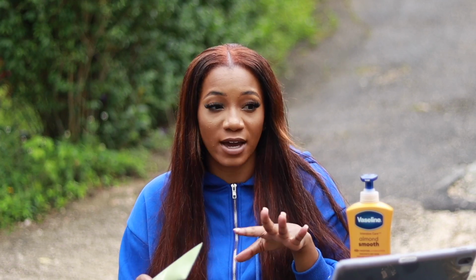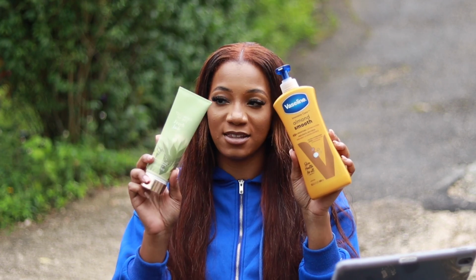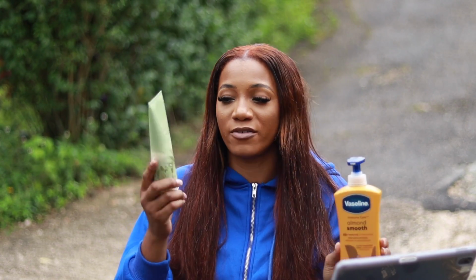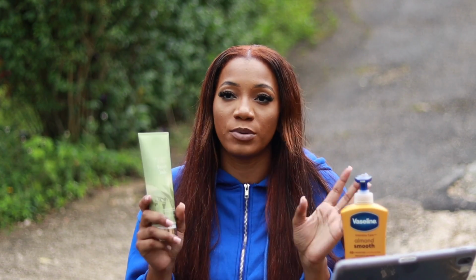So after you do that, you don't have to put this one on, but I forgot something, but it's okay, we'll talk about it. This is more important than the fragrance one, and this one you have to get. I would get this over a fragrance one. So this one is a fragrance lotion and this is a concern lotion. So this is more important than this, but you can add this in for people who really want to smell